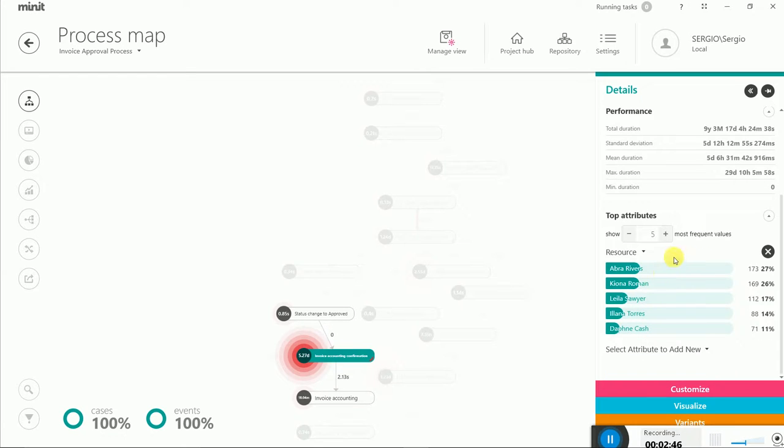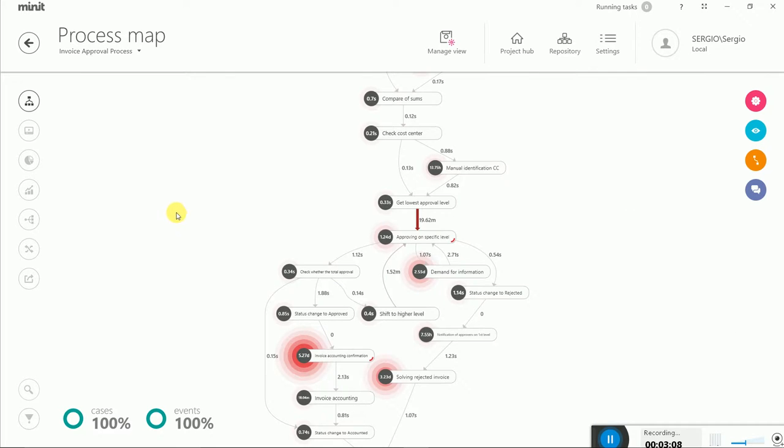I can also show another set of attributes. In this case, I'm showing who are the people that are involved in this activity. So I know that Abra, Kiona, Leila, Ilana, and Daphne are involved, and each of them has this percentage of involvement in this activity. Okay. Now I'm going to go back